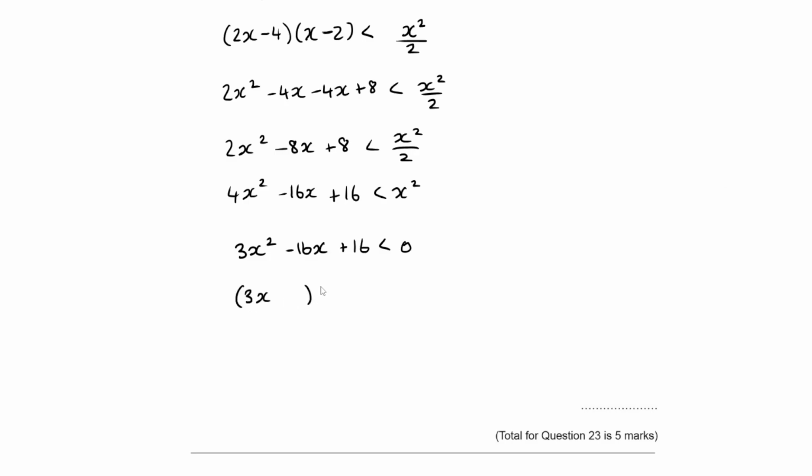So let's see, 3x, x. We've obviously got 2 negatives, so that's quite nice. Now we're multiplying to make 16, adding to make 16 as well, so 4 and 4. Because it's a quadratic inequality, I normally just solve it equal to 0 first, and then I'll bring the inequality back in at the end. So that would be x is 4/3,